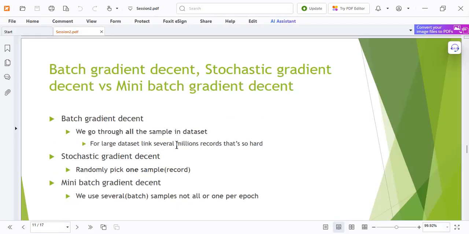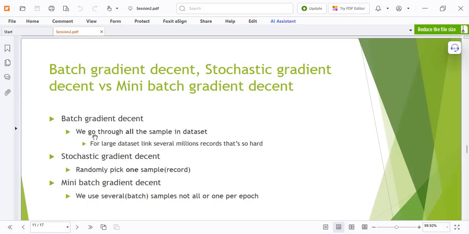So this is good. Now I'm going to tell you the difference between batch gradient descent, stochastic gradient descent, and mini batch gradient descent. Batch gradient descent is easy somehow because we assume something like this: we have a million records or samples.